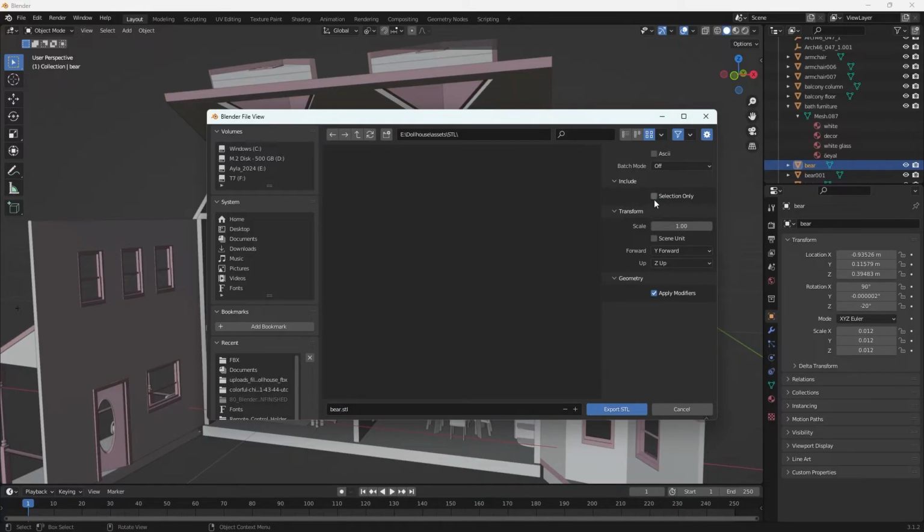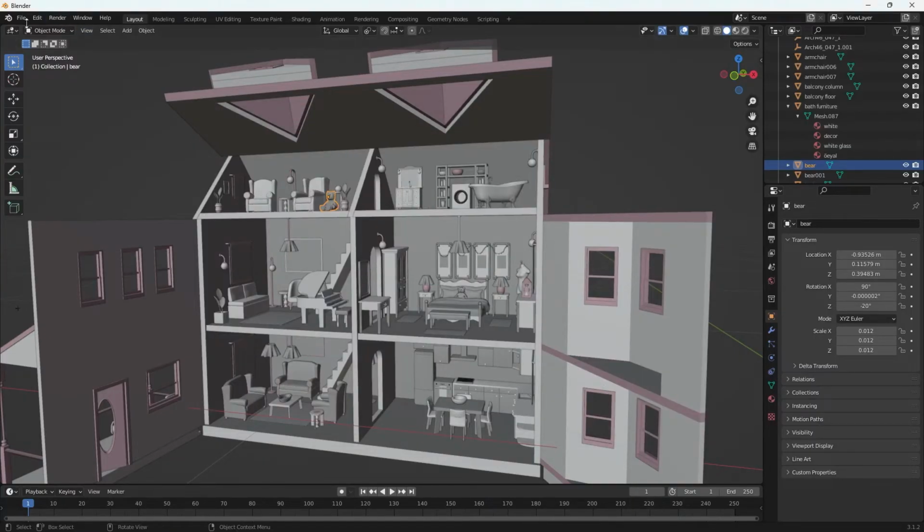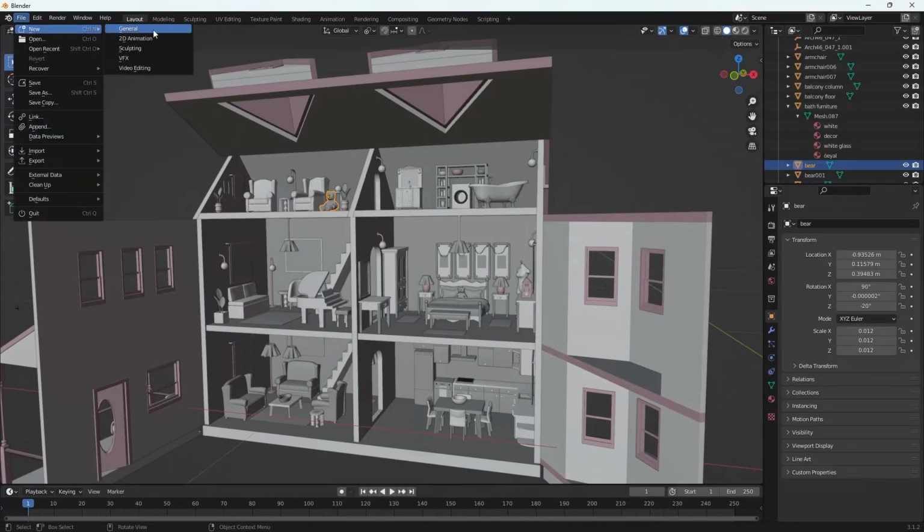It will automatically revert to nothing checked off here. You want to make sure it's checked off so that your selection is going through and not the entire scene. So I don't want the whole dollhouse, I just want the bear. Selection only is checked off. So now I export STL, and now if I just open up a new scene,